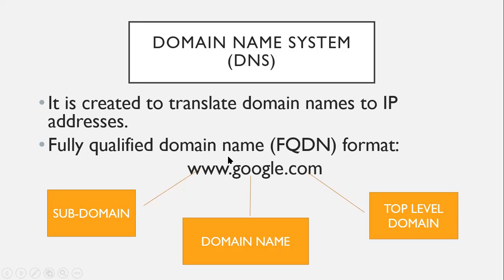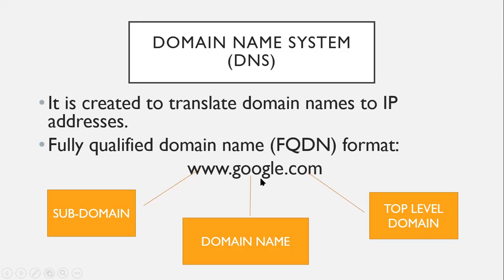After it finds google.com, it will now try to find the subdomain of google.com. The subdomains usually are the services that are available for a certain domain. For example, this is the web services. mail.google.com gives you the mail services. drive.google.com gives you the storage services. That is the reason you have a subdomain on your domain name.